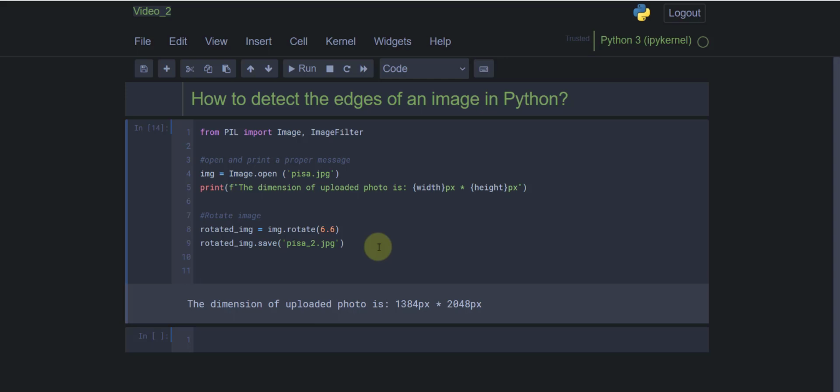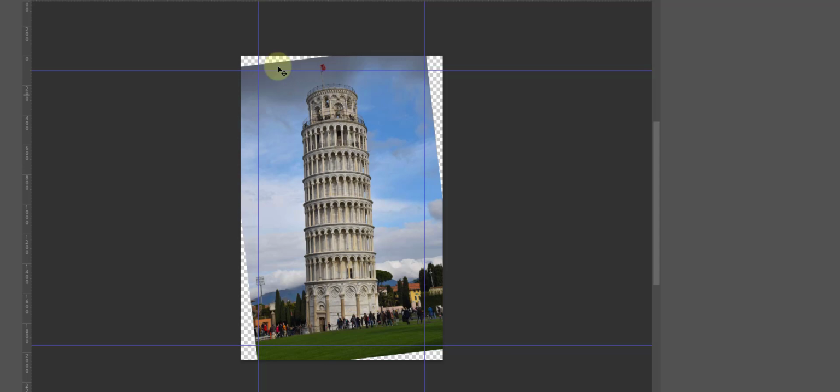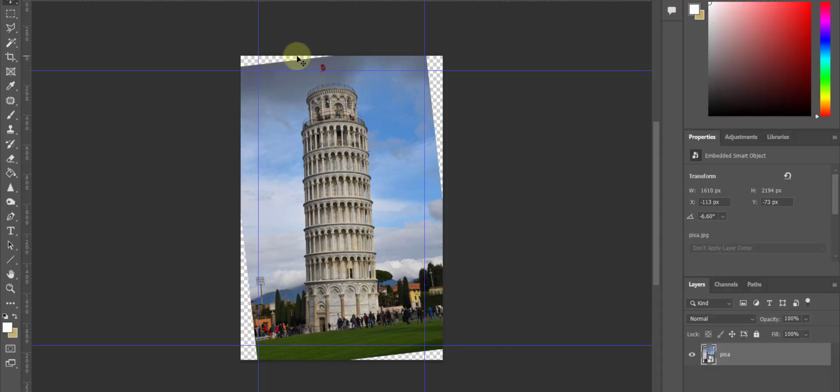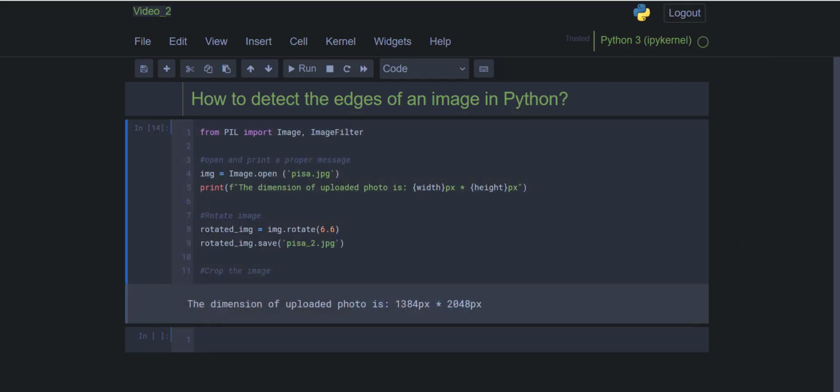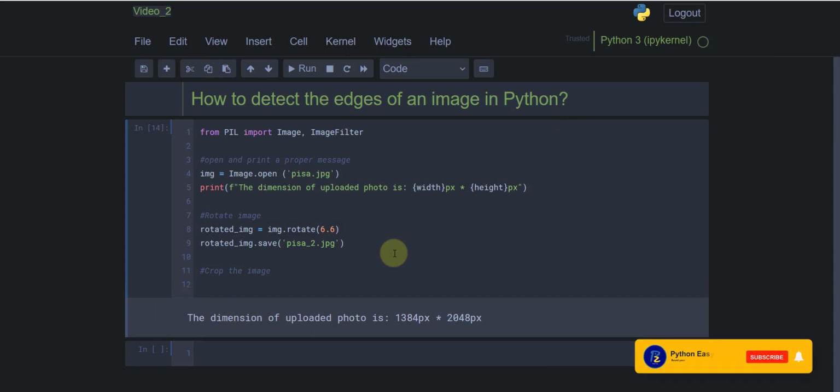So let's come back to our Python coding. In the following, I'm interested to crop the image. But why cropping? As you could see also in the Photoshop environment, we have some empty spaces here. And just according to these guidelines, I just want to crop the image to have a very neat cropped image. So let's go. I have already extracted the dimensions required for cropping,